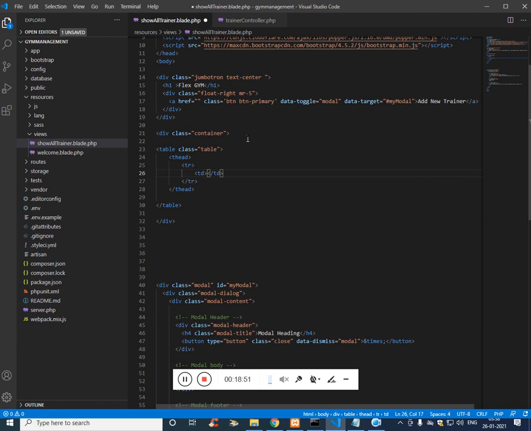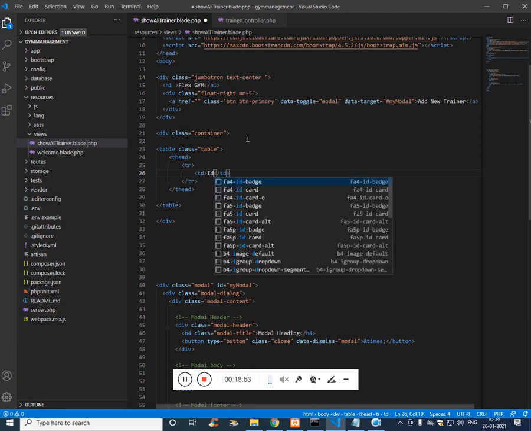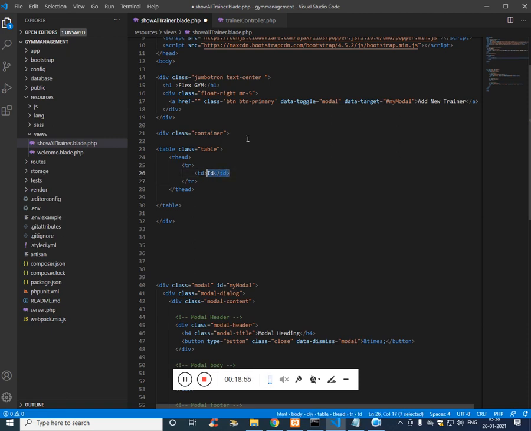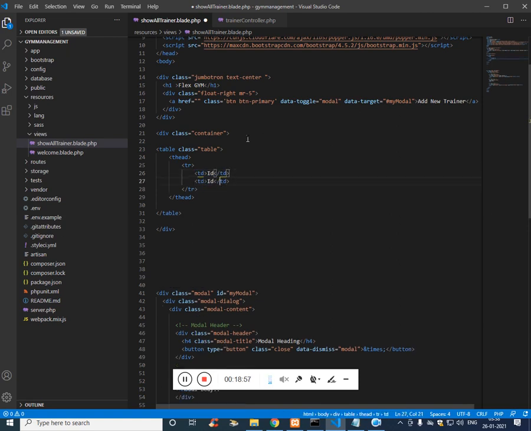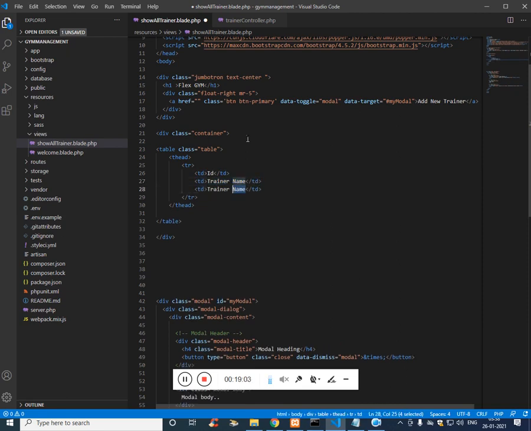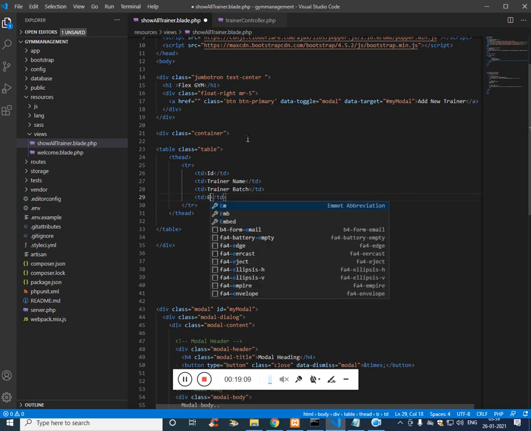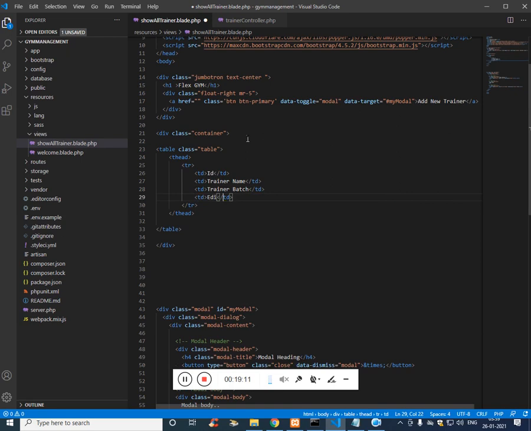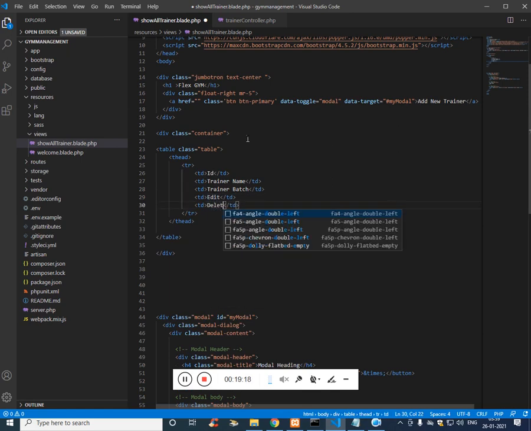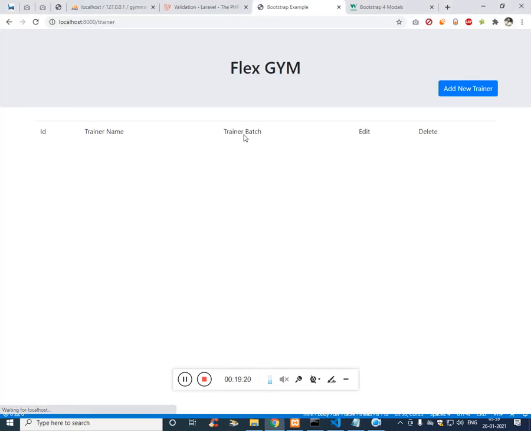The first one is going to be ID, the second one is going to be trainer name, and the third one is going to be the trainer batch, either morning, evening, or ladies, and a TD with edit and a TD with delete. So if you refresh, this is how it looks.